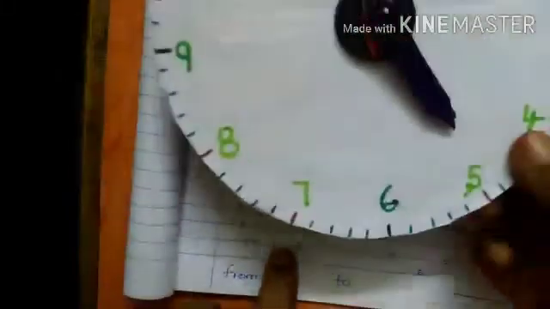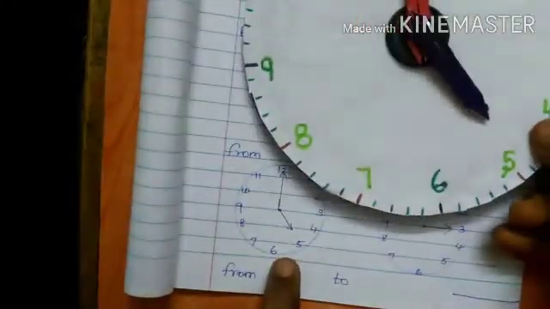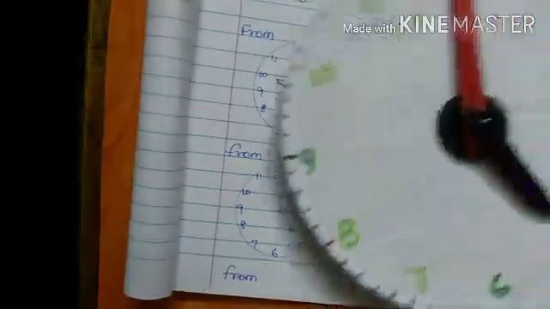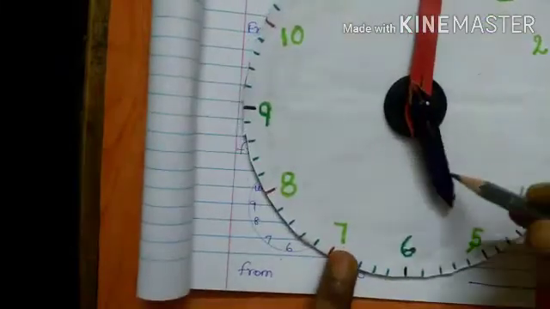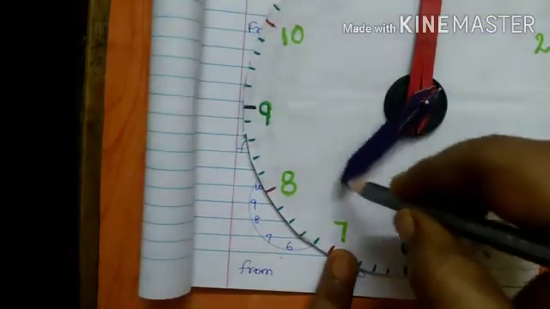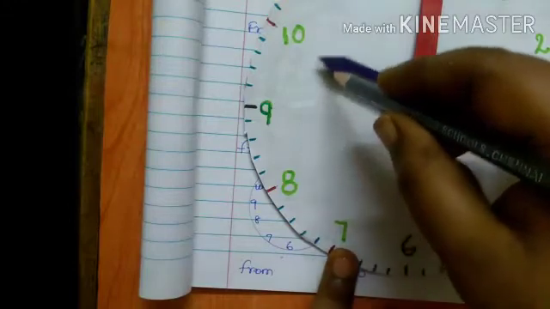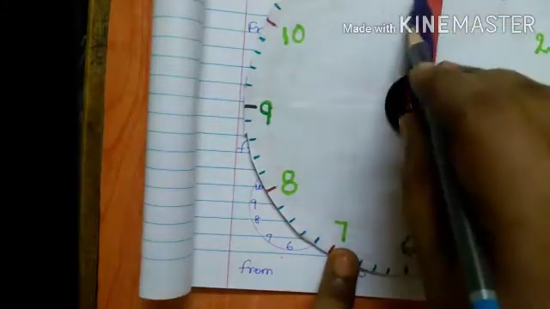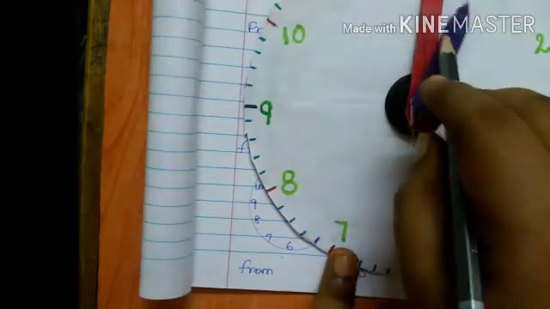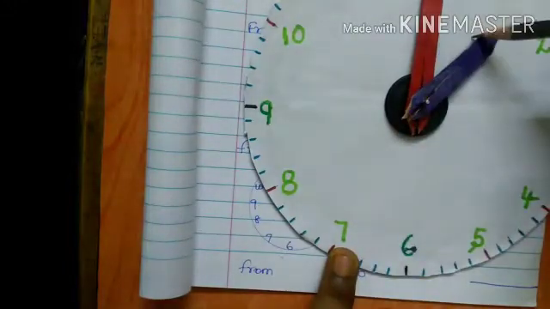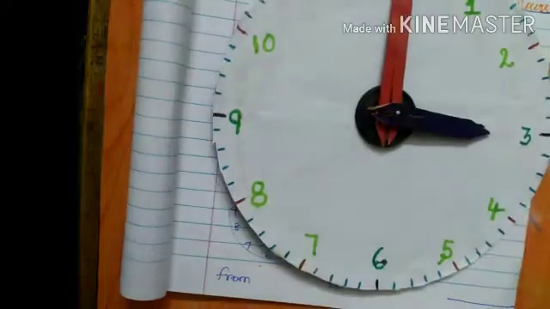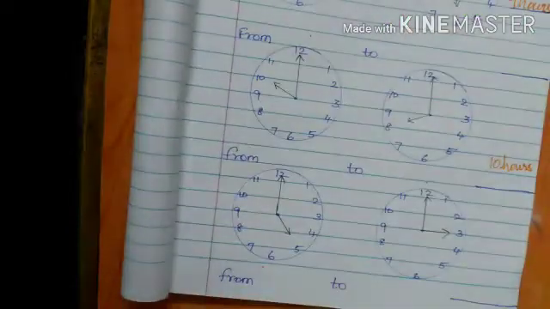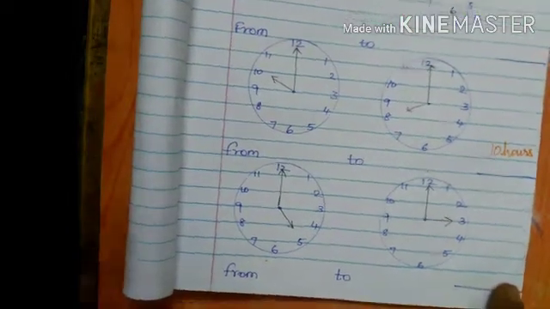So first time is 5 o'clock hours. Showing here 5 o'clock. Then stop at 3 o'clock. So start count now. Count it now. 1, 2, 3, 4, 5, 6, 7, 8, 9, 10. So 10 hours. This hand is moving for 10 hours.